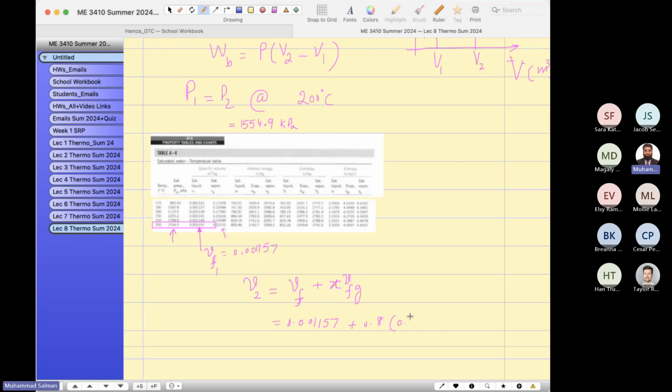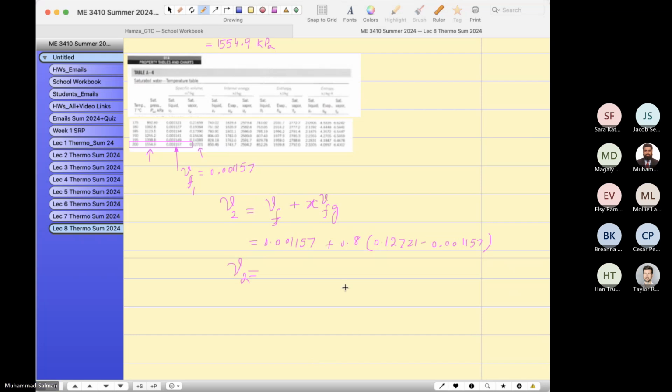It's a little blurry, but I can read it to you. 0.12721 minus Vf, where Vfg is the difference between the dry vapor and the saturated liquid line. So minus 0.001157. So this will give you the specific volume at location 2,